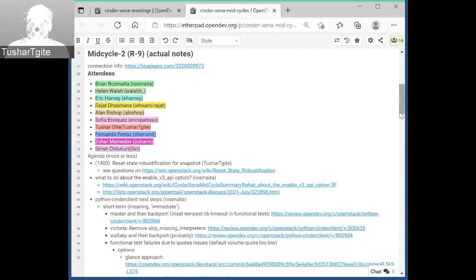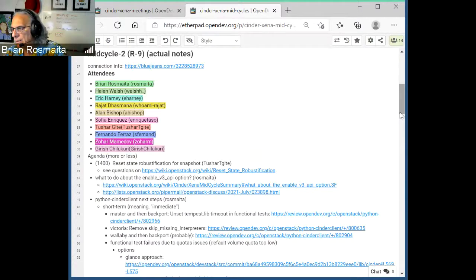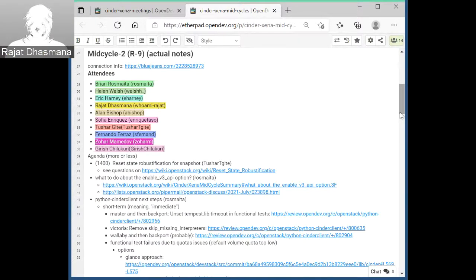Because if we Google for the command group reset state, it does not show any command for reset state for group and group snapshot. Only commands for volume, backup, and snapshot. If the user can't find the command, then obviously he's not going to use it. I think it was introduced in microversion 3.14, and it exists. I provided a link in the last Cinder meeting.